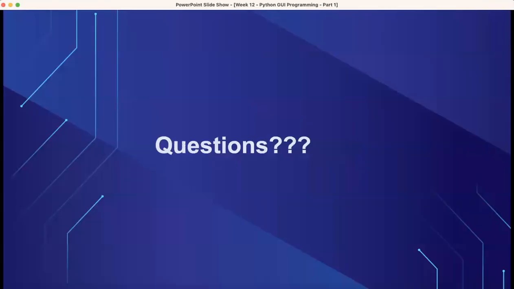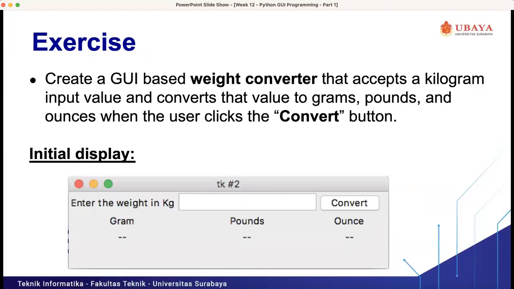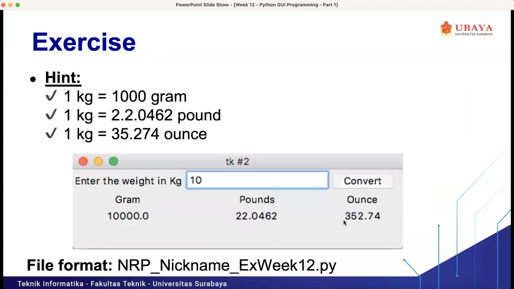You need to create a GUI like this, for converting kilograms into gram, pounds, and ounce. When you press the convert button, it will show the conversion value from the kilogram to gram, pounds, and ounce.